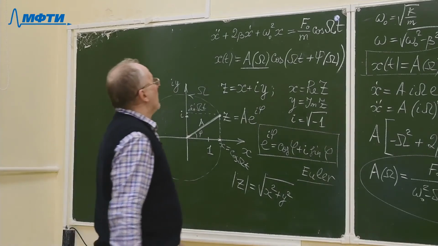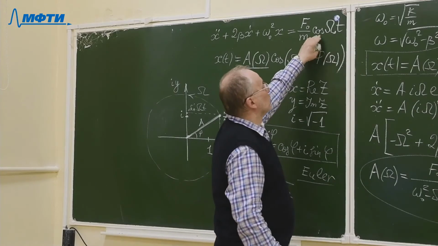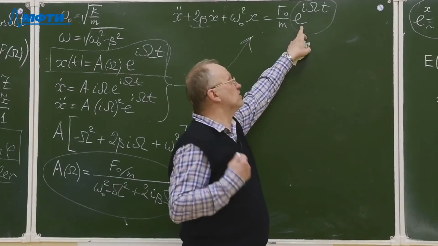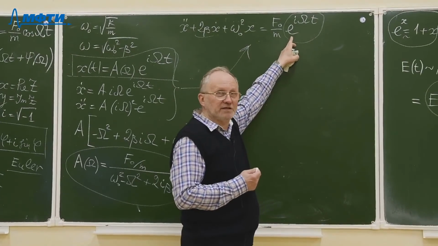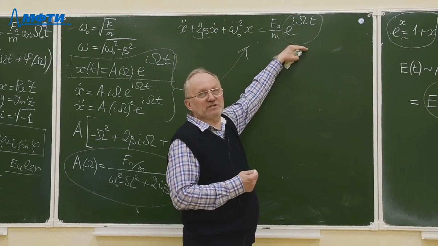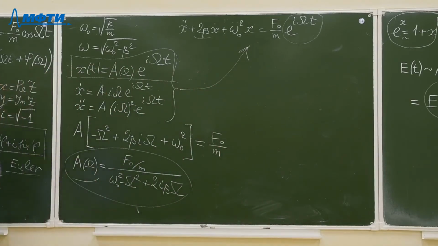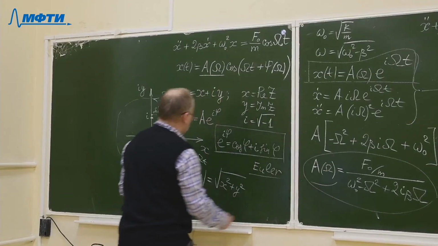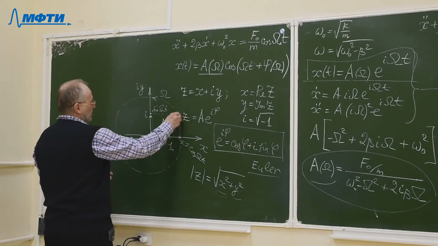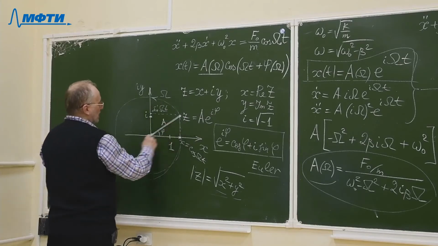So the logic was this. Originally, I understand that the external force depends on time as cosine. But instead of cosine, I use the complex exponent, keeping in mind that this is just a mathematical trick. And the final answer will be just the real part of this mathematical function, which is cosine. So I will have to find the amplitude of the real part, the amplitude of this function. The amplitude will be given as the square root of the real part and the imaginary part, because this is the amplitude of the complex number which in time will describe the circle,